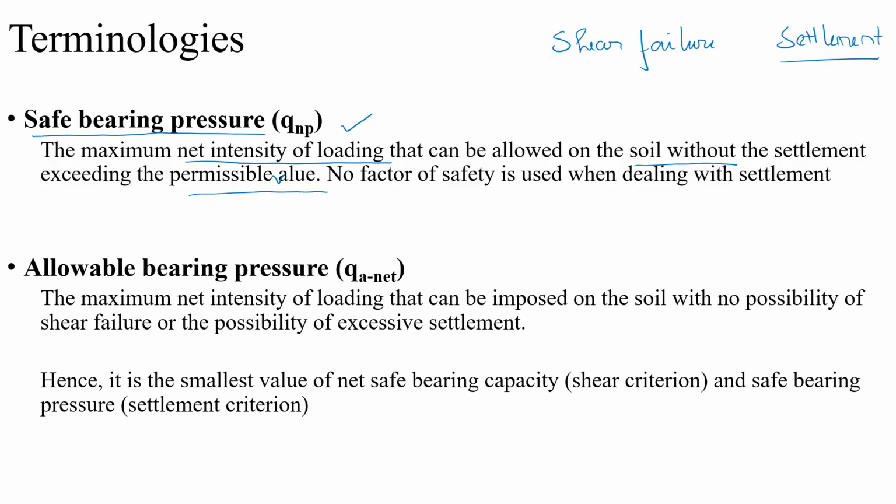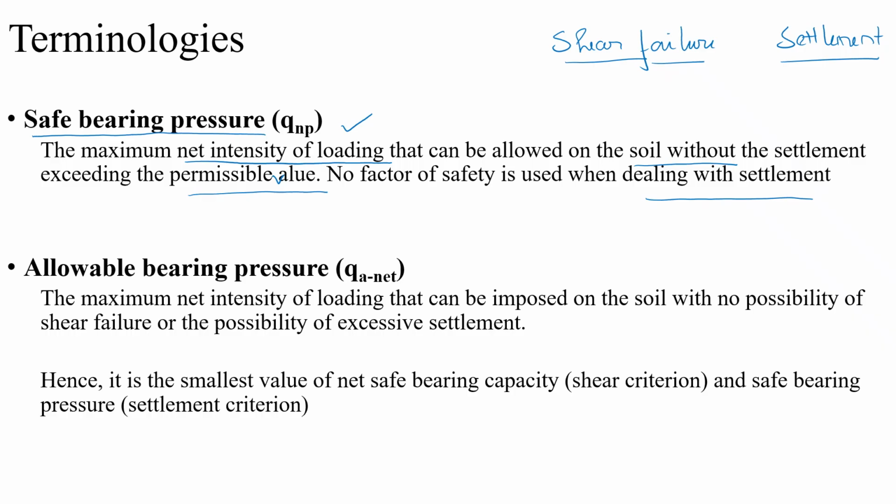For the criteria related to shear, you might have seen ultimate, net ultimate, safe and net safe bearing capacities, whereas the safe bearing pressure is dealing with the settlement criteria. Remember that there is no factor of safety involved in determining the safe bearing pressure. So you may wonder which one I should choose then. I have one criteria called shear failure criteria and one criteria called settlement criteria. Which one should I